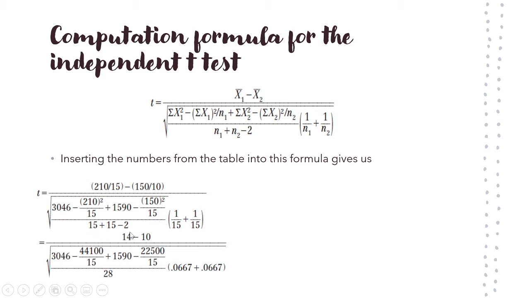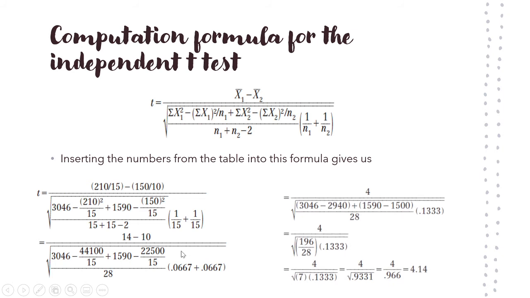And then divide by 15 plus 15 minus 2, and then multiply it by 1 over 15, which is basically the sample size of the first group, plus 1 over 15, which is the sample size of the second group. So computing it, we get the